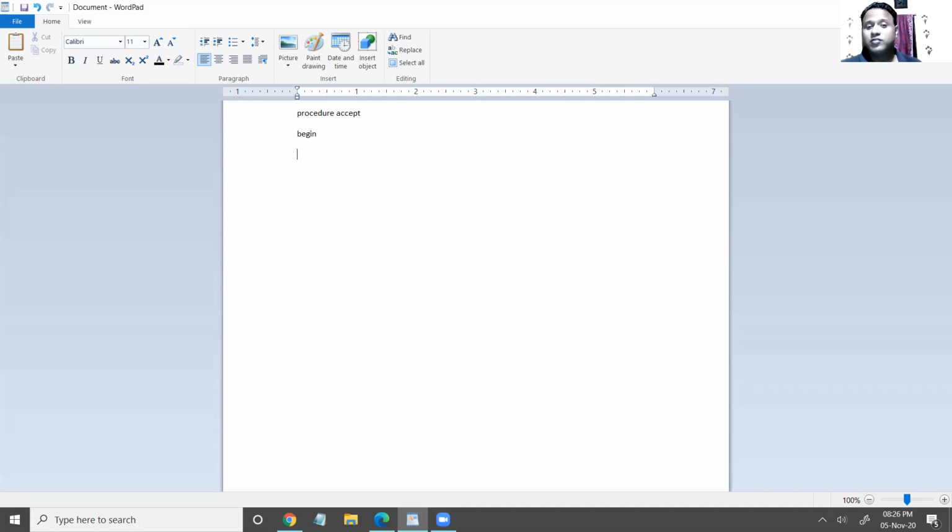For age, which data type do you use? Numeric. And for your name? Character. Yes. So first you write character, then name, then numeric, age.